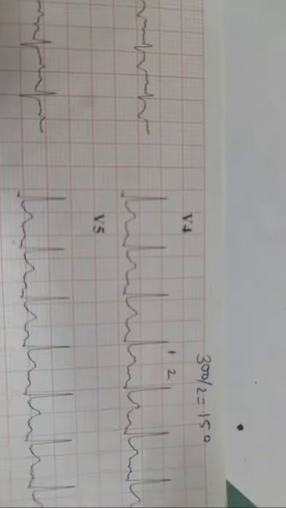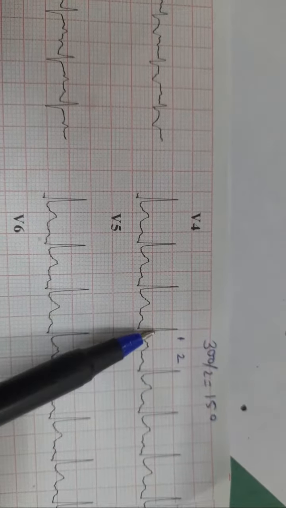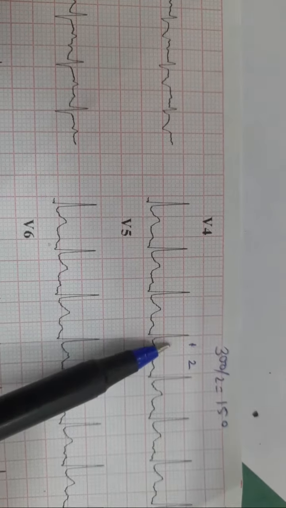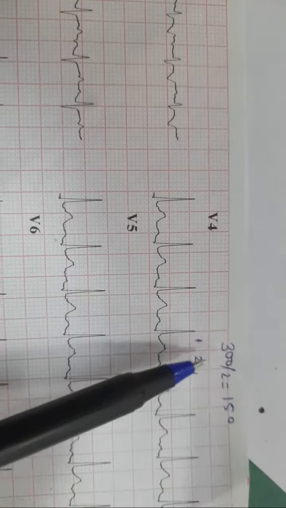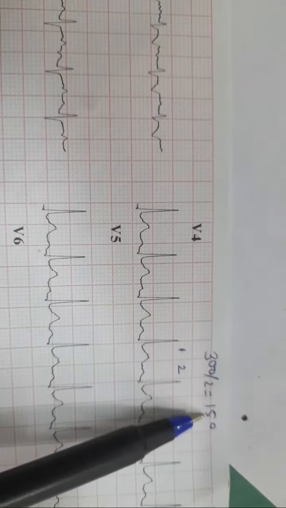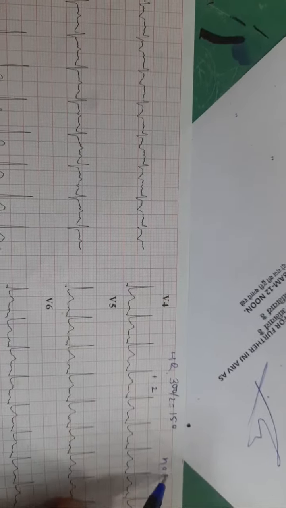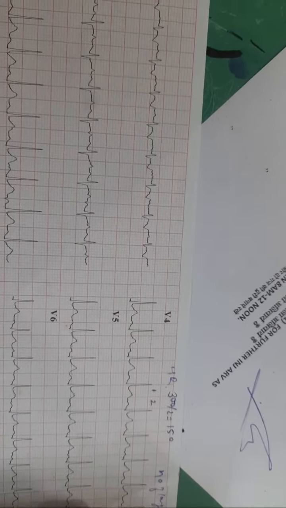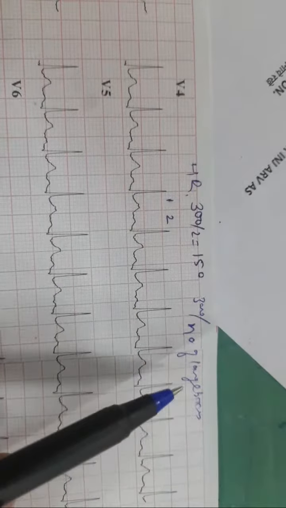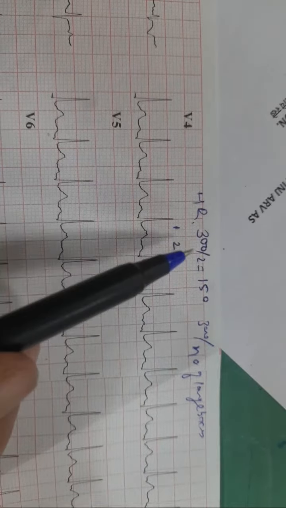We have to count the number of large boxes, 1 and 2, between two R waves, one R wave, second R wave. So we have to count the number of large boxes, one large box and the second large box. Then we will divide 300 by 2, which is equal to 150. So this is the heart rate calculation: 300 divided by the number of large boxes. As you can see, there are 1 and 2 large boxes, and 300 divided by 2 gives the